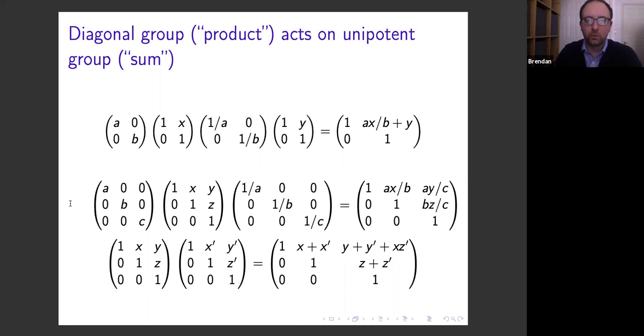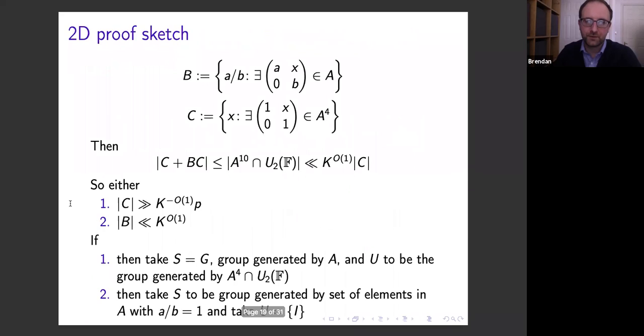Okay, so let's look at the 2x2 case to see how the sum product theorem comes into play and how that corresponds to the statement of Gill and Helfgott's theorem. So we saw that if you conjugate by a matrix with diagonal terms a and b, then that multiplies a unipotent element by this ratio. So we'll look at the set of ratios that come from elements in A, and then we'll also look at